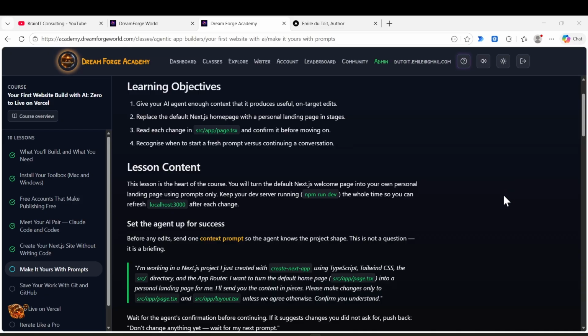Please make changes only to the source app page.tsx and source app layout.tsx unless we agree otherwise. Confirm that you understand. So what will happen is the agent will then think about it for a little while, and then you can see if it understands your command correctly and go from there. So let's do this together, and I'll also show you how my emildetoy.com website looks after doing a similar process.